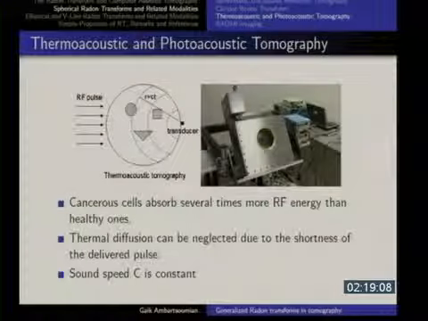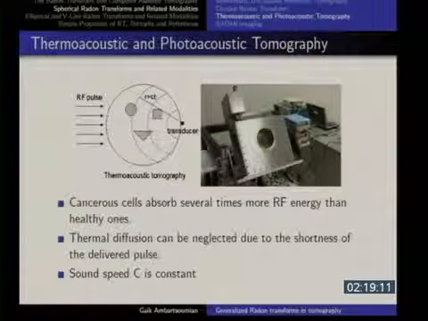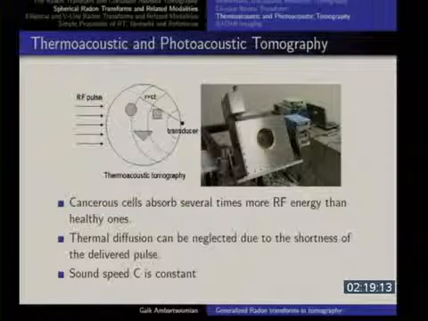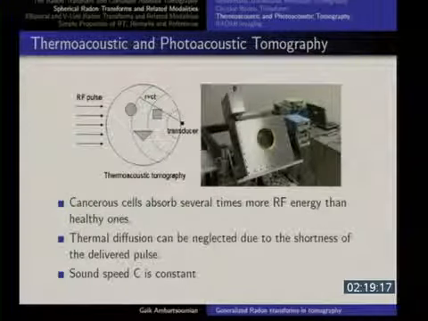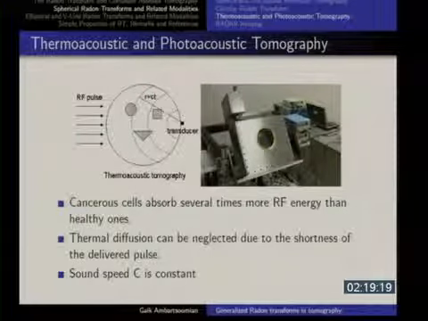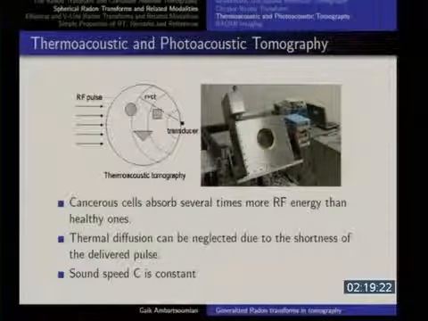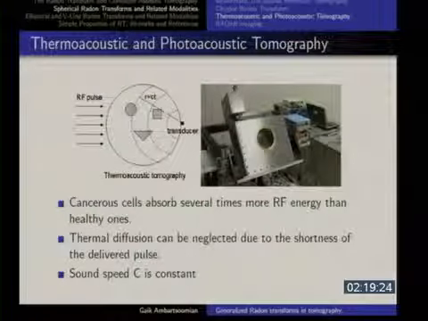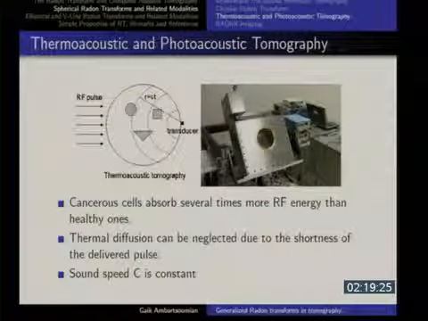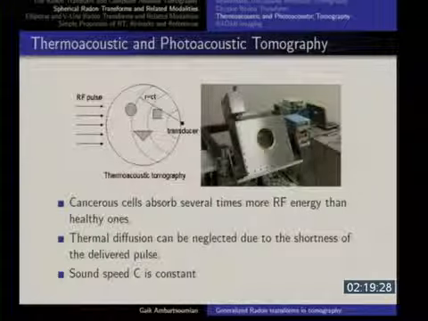People know that optical tomography has a very good contrast, but a very, very poor resolution. Ultrasound tomography, on the other hand, has a very good resolution but very poor contrast. So if you combine the two in a smart way, then you can get good contrast and good resolution simultaneously, and that's why you get such great images.